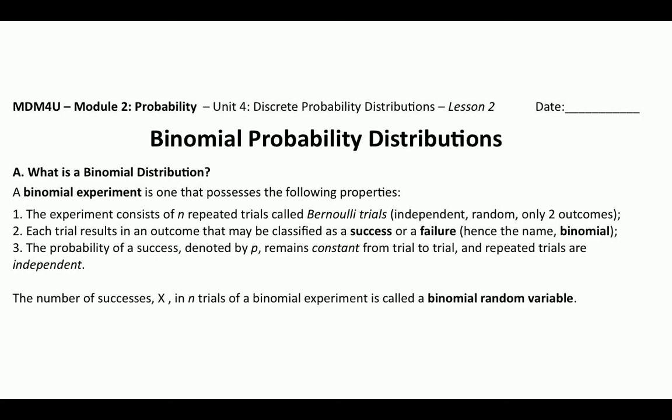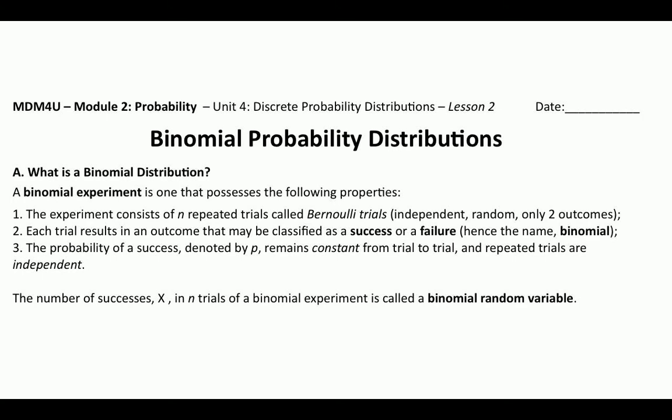To be a Bernoulli trial, it has to be independent, so the probabilities are independent, and random, so it's due to chance and not skill or some other factors. And there have to be only 2 outcomes, a desirable outcome and everything else. So hence the word binomial. So this leads into part 2. I've summarized what a Bernoulli trial is there in three small parts, but the rest of it: